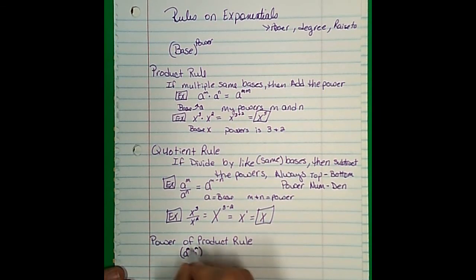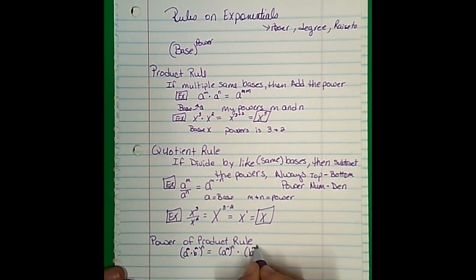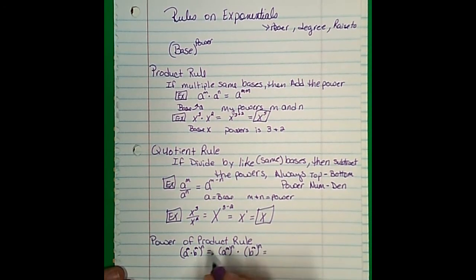And on the outside of this parentheses, it's all raised to the power of n. So I can rewrite it where a to the m raised to n times b to the m raised to n. Whenever we have a base